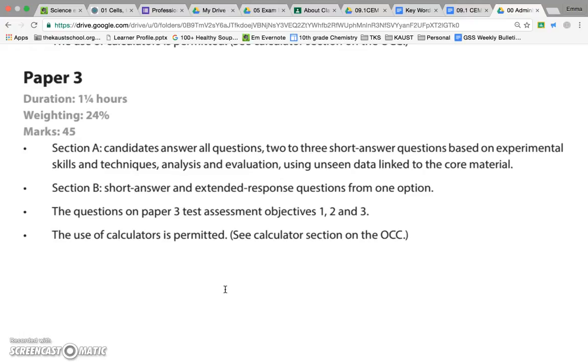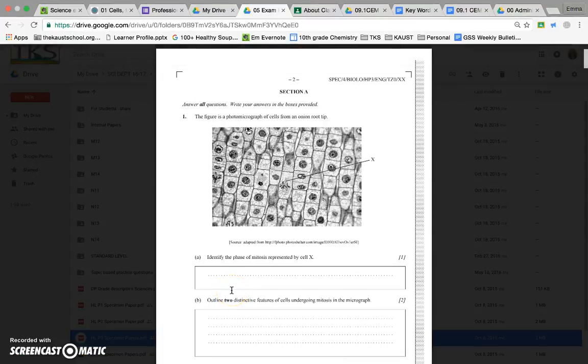And it is important for everybody that you write down the question number so the examiner knows exactly which questions you have answered. In the same way, the questions are assessed against objectives 1, 2 and 3, and you are able to use calculators. So this is a paper 3 paper, and you can see that it starts off with